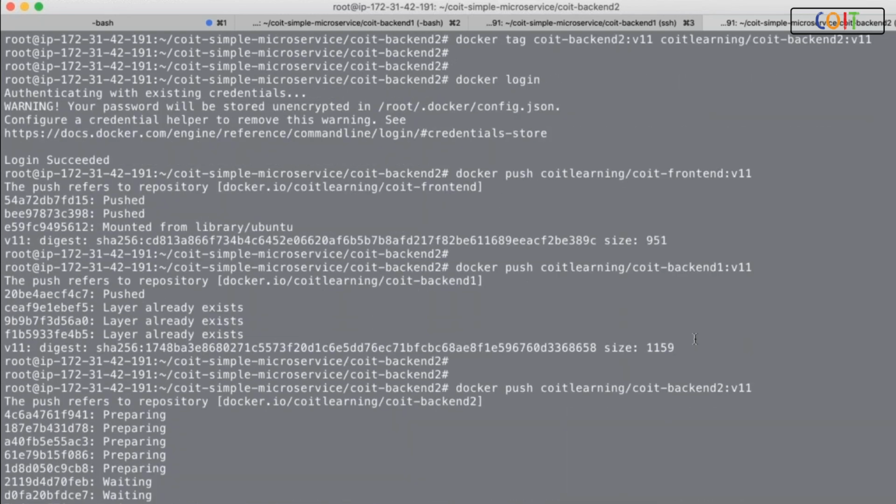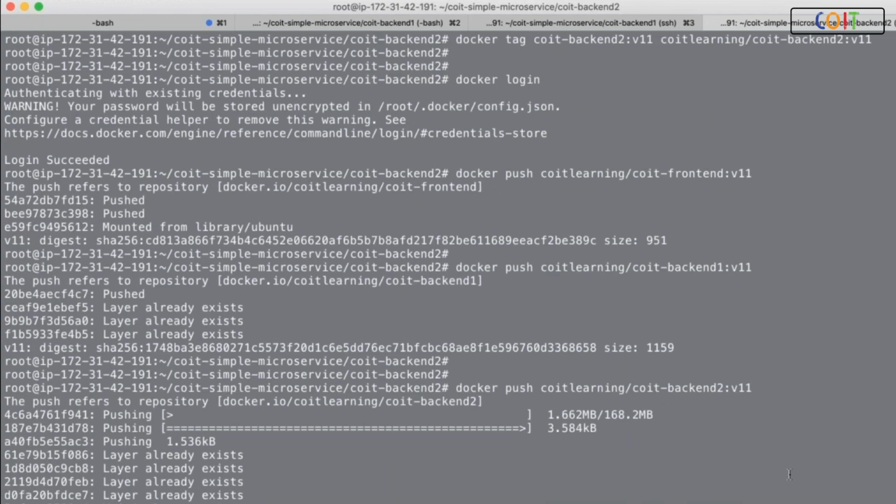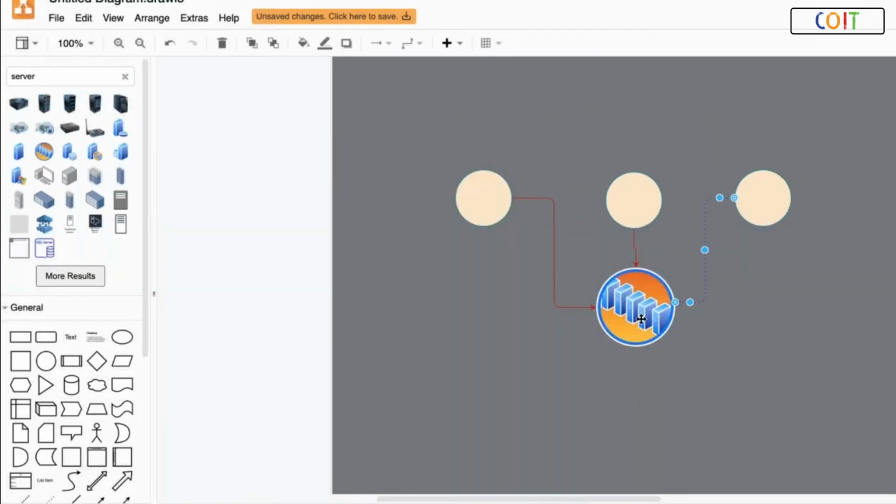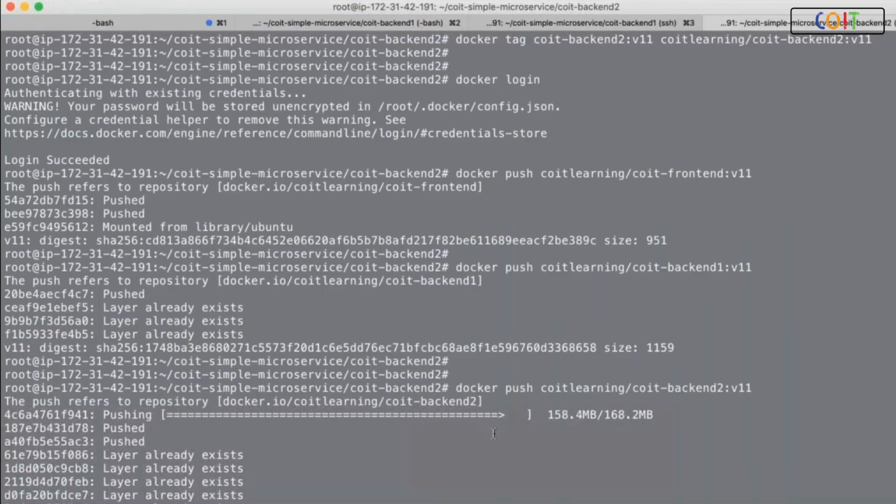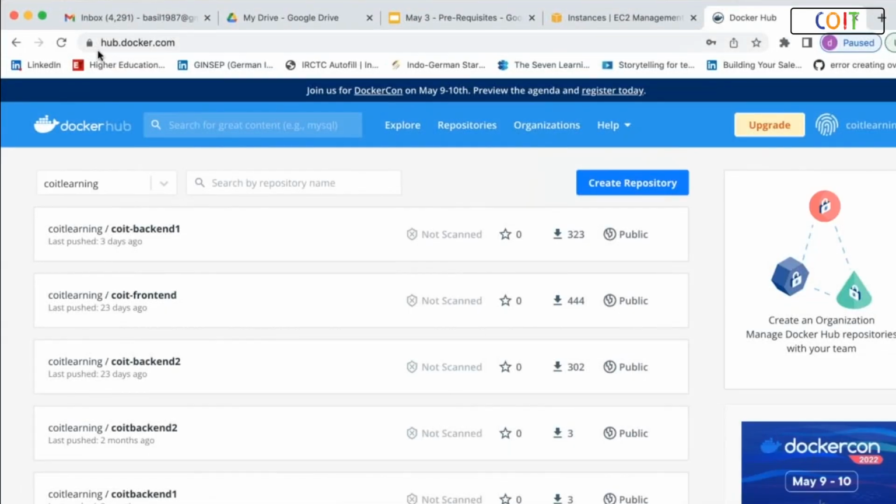So I have pushed all the images into the registry. That is what I have just done. Now all images are pushed into the registry: V11, CoIT frontend V11, CoIT backend 1 V11, CoIT backend 2 V11. All these images have now been pushed into the registry, and you can log into the registry and refresh the page, and then you would actually see